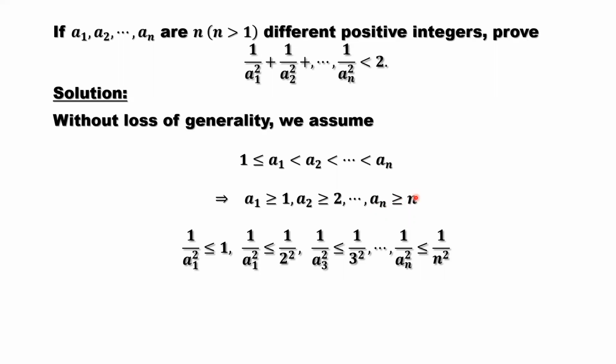If you interchange numerator and denominator at the same time, you need to change the inequality direction to less than or equal. So we have 1 over AN less than or equal to 1 over N. Then on both sides, we take the square. You have (1 over AN) to the power 2 less than or equal to 1 over N squared. Similarly, for each inequality, we have this here.